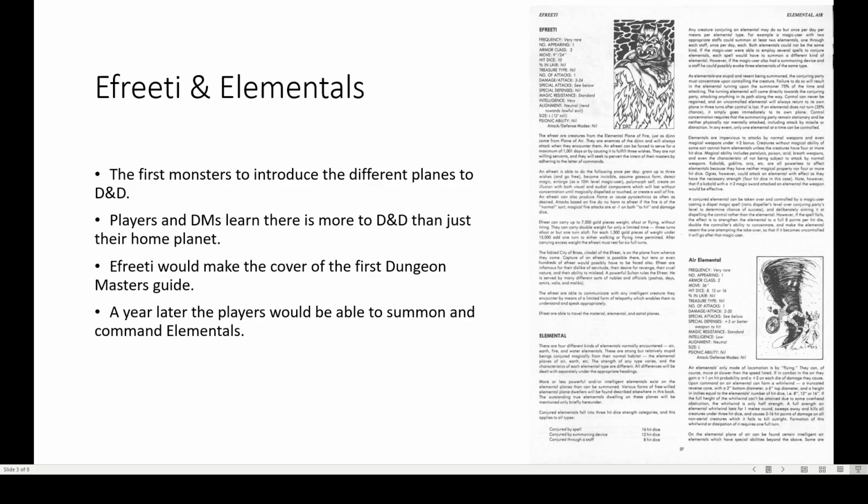The Ifrit are able to communicate with any intelligent creature they encounter by means of a limited form of telepathy, which enables them to understand and speak appropriately. Ifrit are able to travel the material, elemental, and astral planes. All right. Moving on to the...